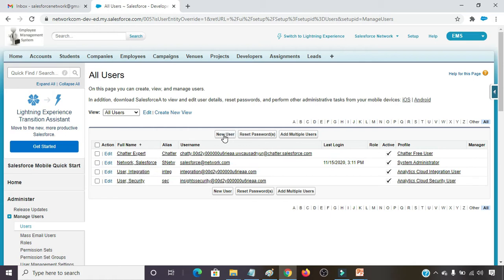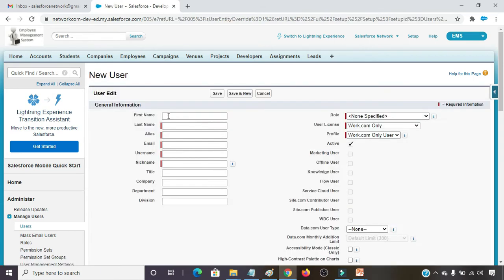For creating the new user, click on New User and create the user by the name user A. Last name I am providing network. Alias comes by default, and we can modify it. Email is the primary email that we created at the time of account creation, salesforce@network.com.